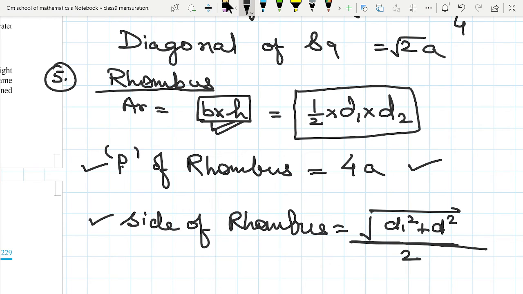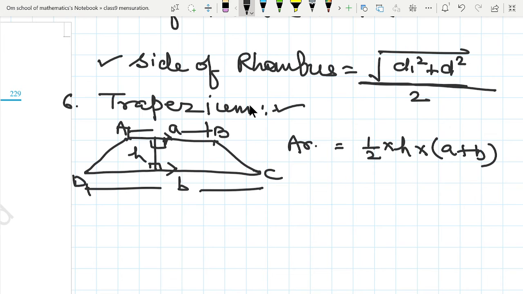And if you want to find the area of this, its area will be half into the distance between the parallel sides. That is constant because these are parallel lines, so this is the height. And if we take A and B, the sum of parallel sides, here it will be A plus B. So the area of trapezium will be this, and perimeter, as it is not a regular figure, so you will not